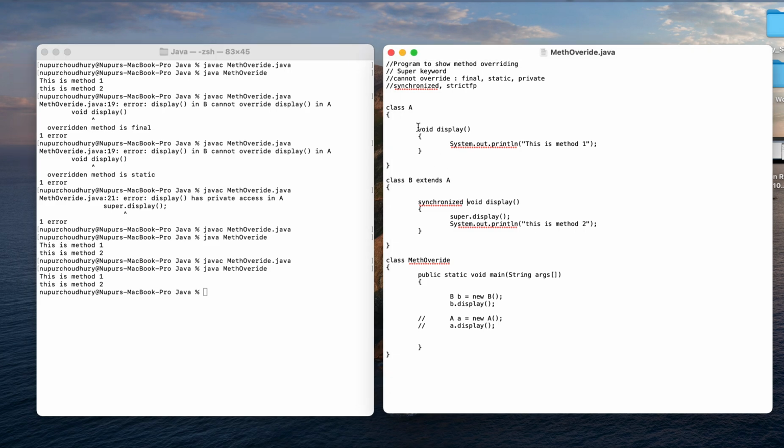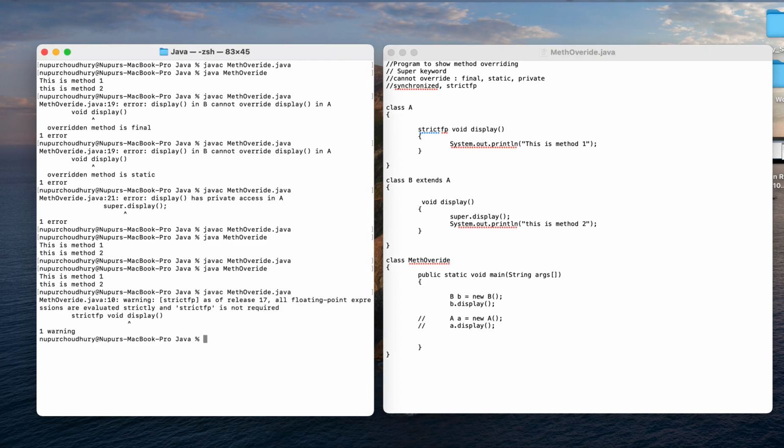Okay, similar is the condition with strictfp. Suppose here also I am using a similar concept, strictfp.